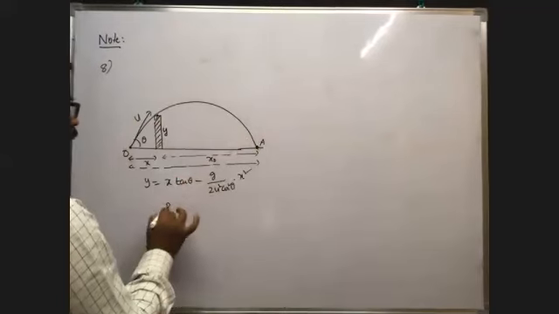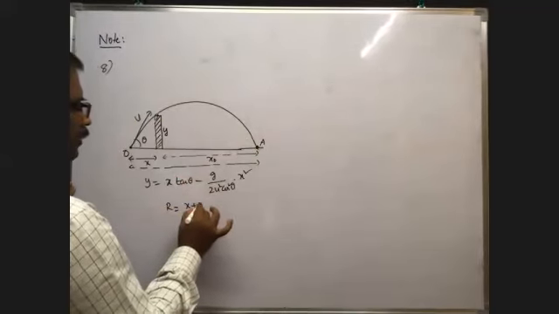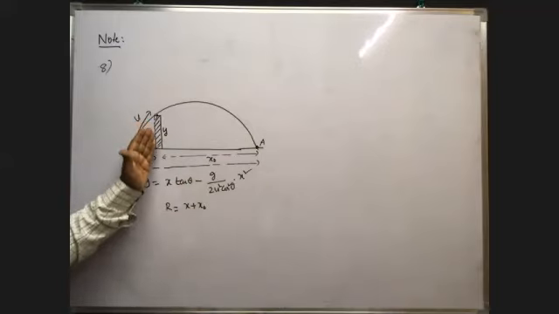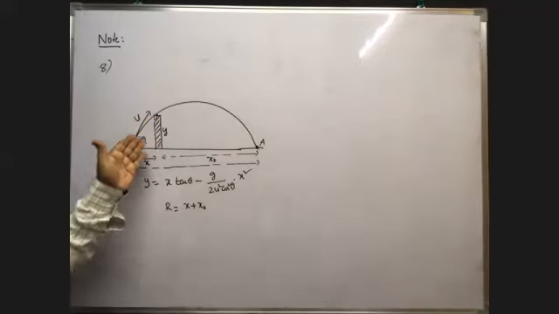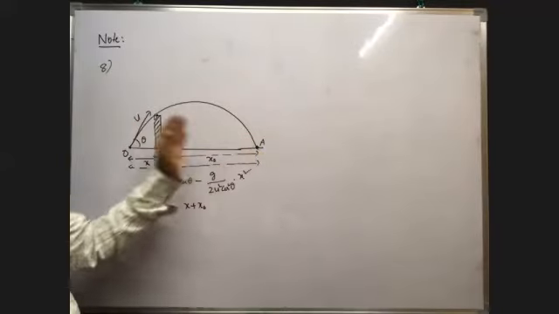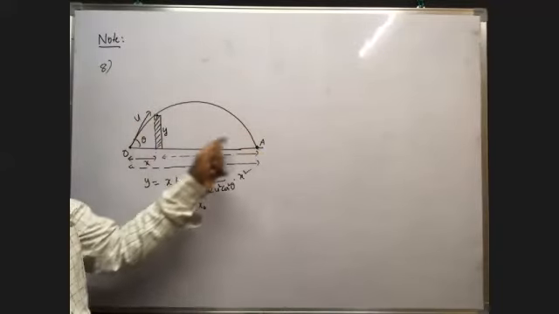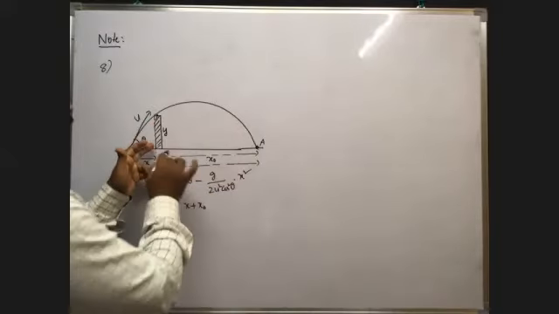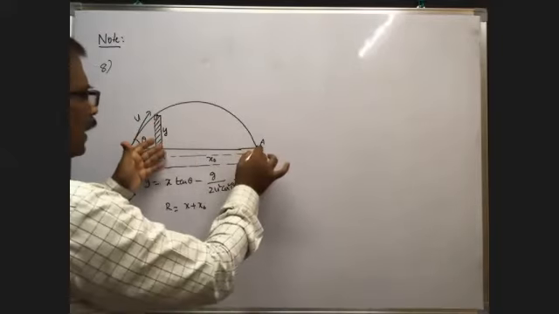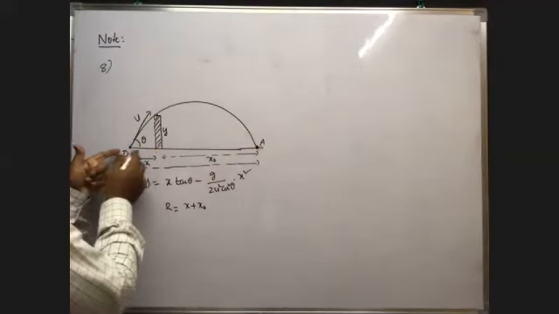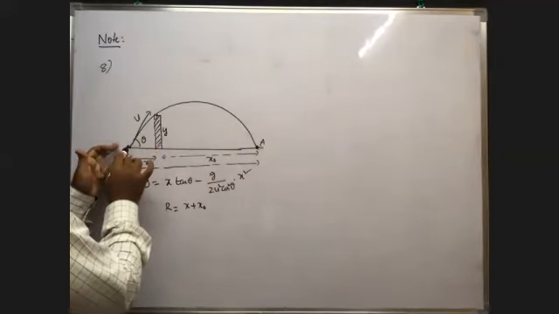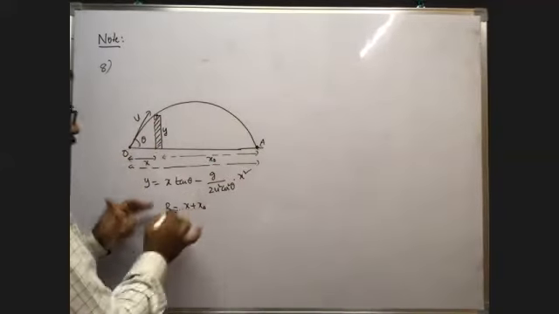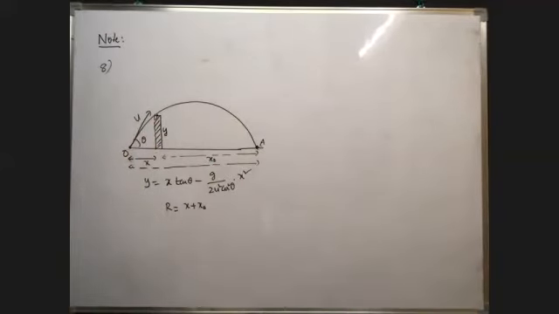So range R is equal to x plus x naught, because you know at what distance from the wall, it is inside your compound wall. Your friend knows at what distance from the wall, so he knows this distance. Through a phone call he says that I am at a distance x naught from the wall. He knows at what distance he lies. So he has to project the cricket ball for what range? For range equal to this one. He knows the range. But here there is a wall.